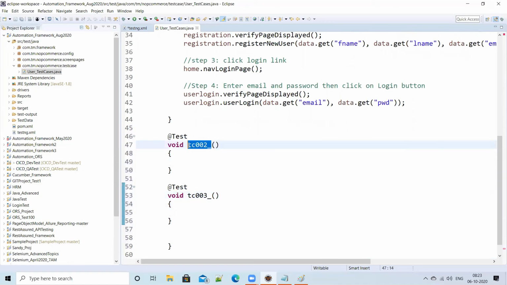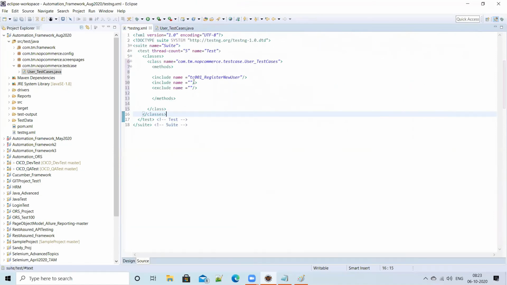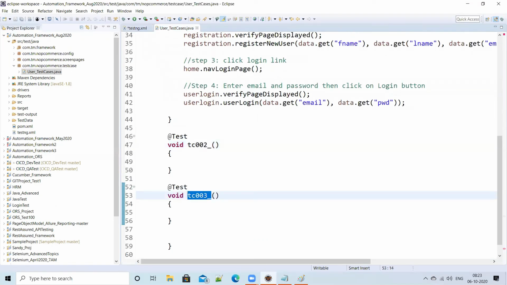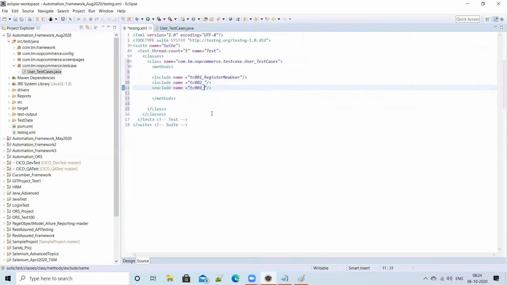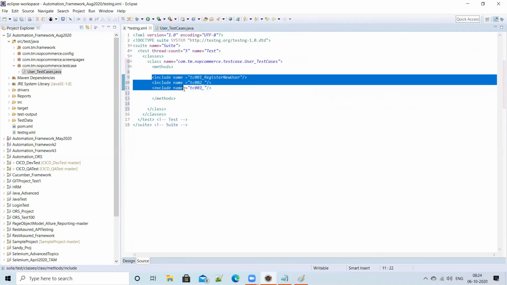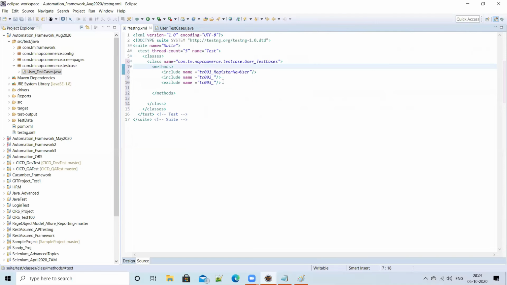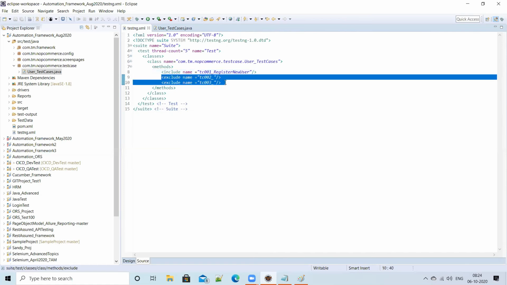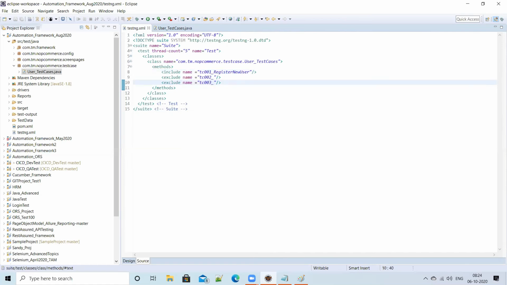Test case 2 I want to include, right? So I can specify that, and test case 3 I don't want to run now, so here I say exclude. The point here, guys, is you have the flexibility to run all the test cases in your framework. Suppose I want to run only the first test case, I can do that also. Here you mention exclude and include, which means only this test case will be executed, and the remaining 2 test cases will not be executed. So you have that flexibility.